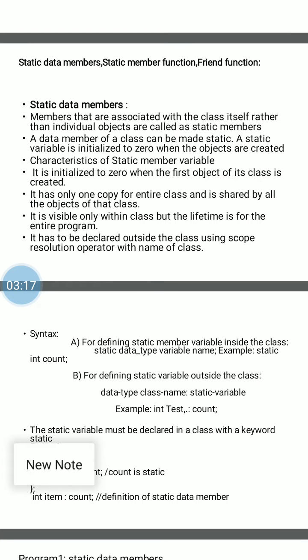It is declared inside the class, but the static variable is defined outside the class using class name and scope resolution operator. And it is declared using static keyword.